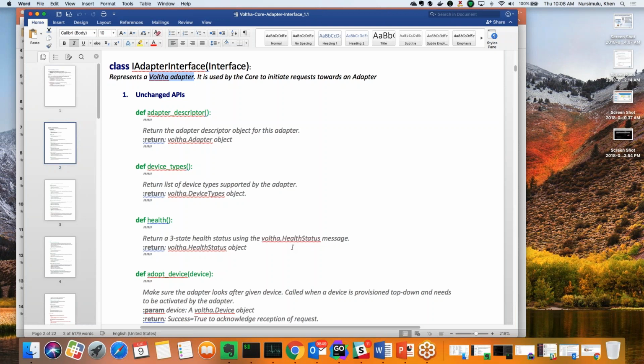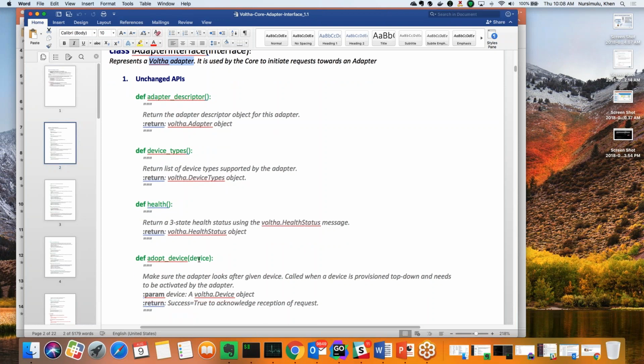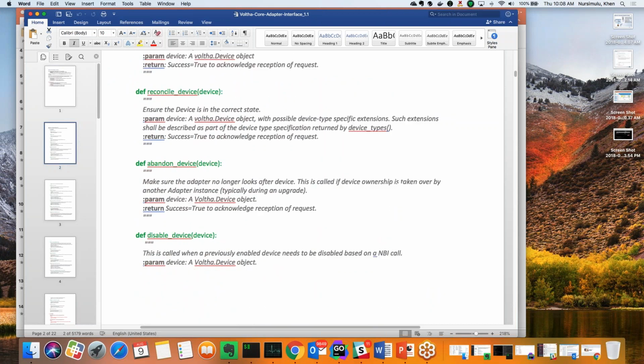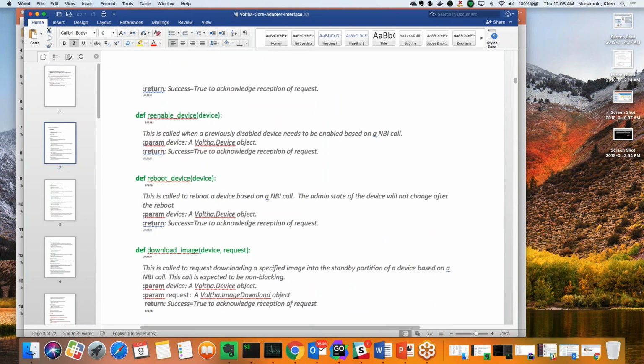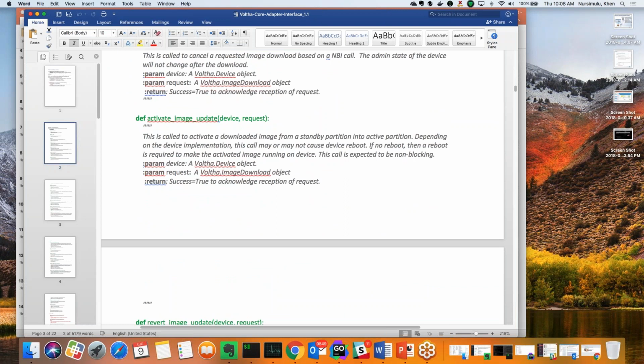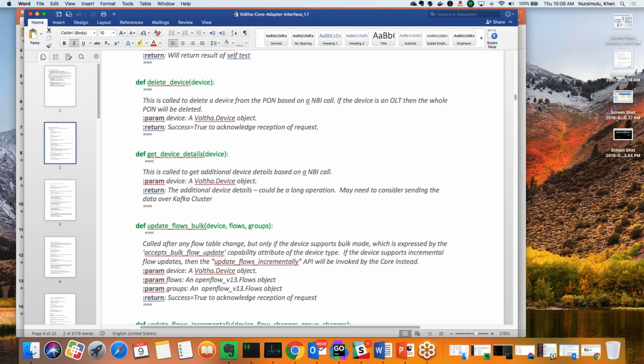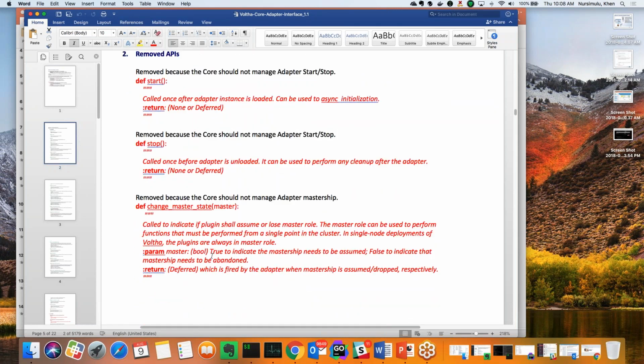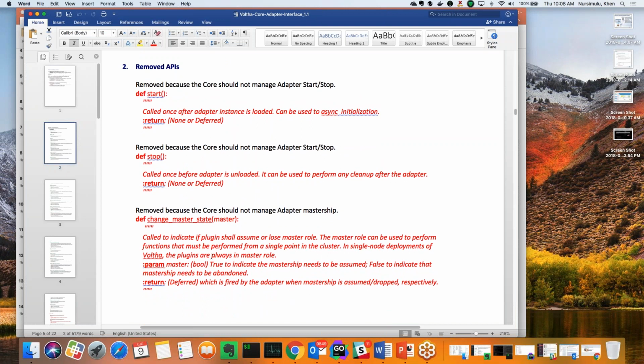Those are the APIs that core talks to the adapters with, to each adapter. So those don't change. For example, things like adopt device will remain as is. That doesn't change. So there's a whole slew of them that are not modified. They remain as is. So I'm just going to go quickly to the ones that are removed,